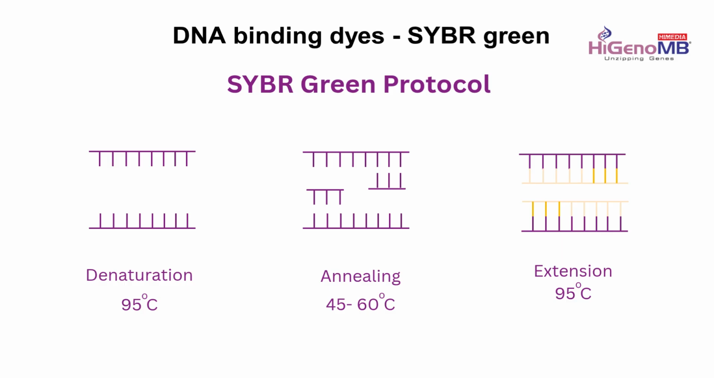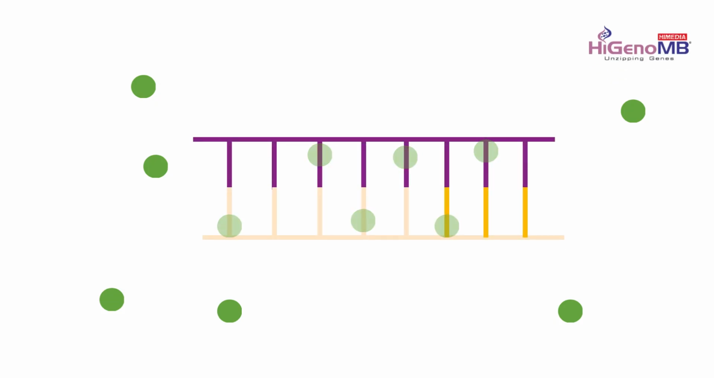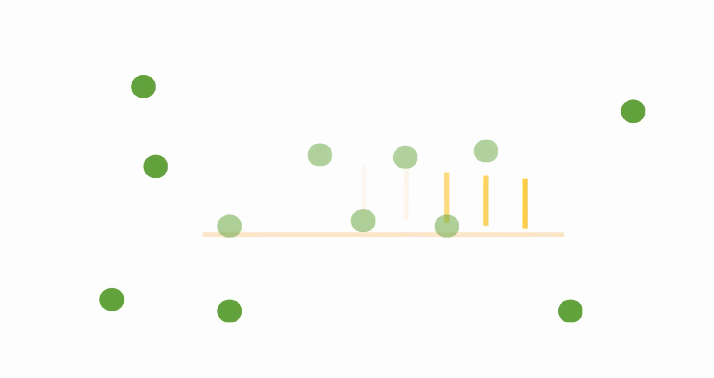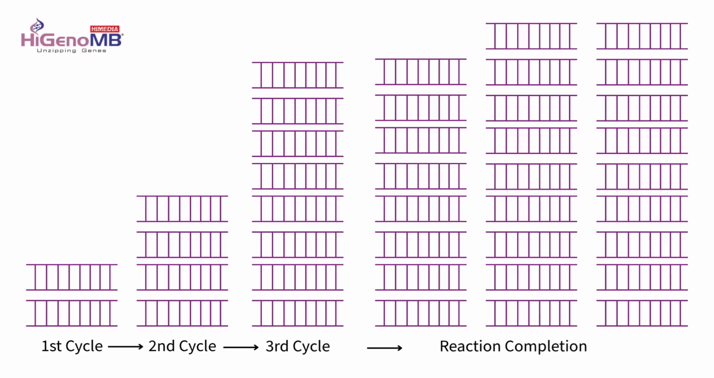So when the SYBR Green is added to the PCR reaction, after the 3 stages of PCR are over, that is denaturation, annealing and extension, when the double stranded DNA is formed, the SYBR Green binds to the double stranded molecule, which will cause the fluorescence. So after each cycle is over, as multiple double stranded DNA are formed, there will be more incorporation of these DNA binding dyes. So as these DNA binding dyes bind to the DNA, there is lots of fluorescence emitted